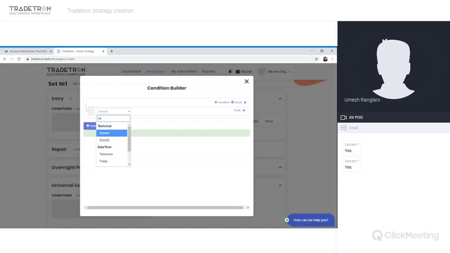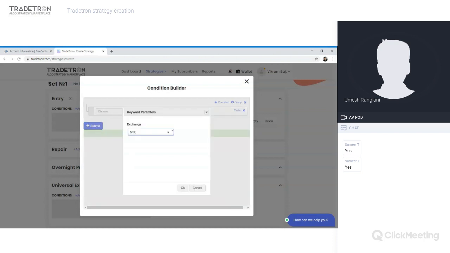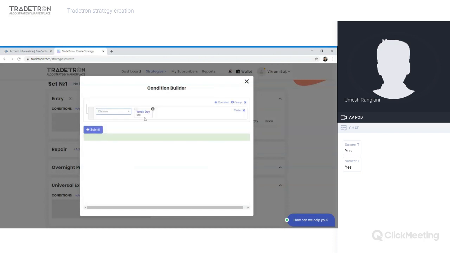So you can write a condition, let's say today, weekday. Weekday basically is a keyword which returns you the day of week. So it's one for Monday, two for Tuesday, three for Wednesday, like that. So if this number is equal to 5, then it's a Friday.